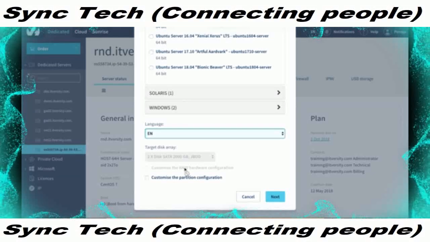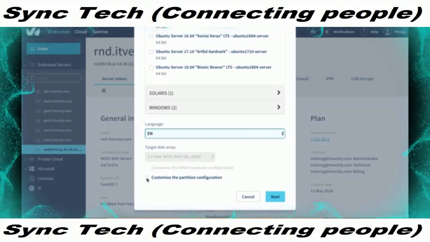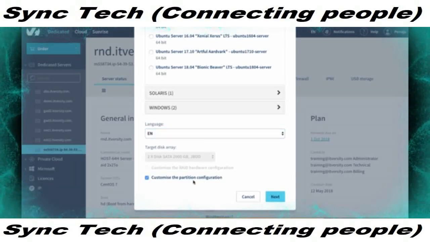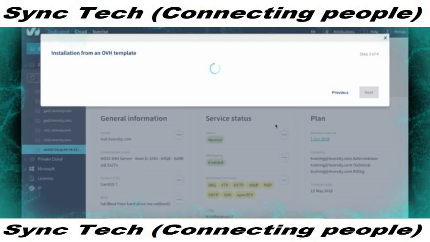That is the purpose of RAID. In this case, we are just doing this for exploratory purposes, and I don't want to waste my storage, and hence we have to choose customize the partition configuration. Click on next,